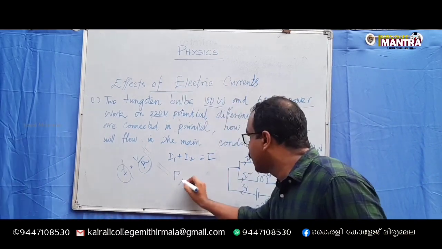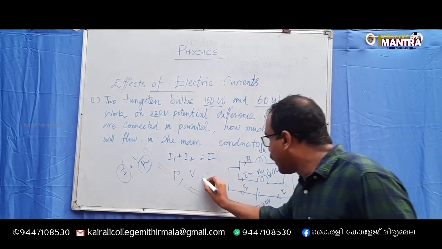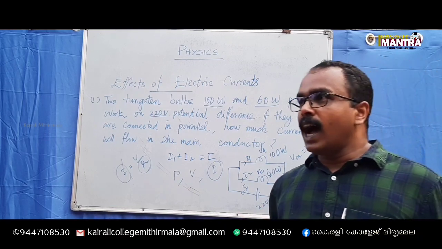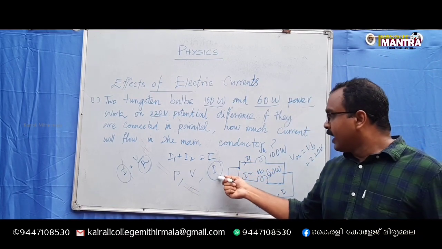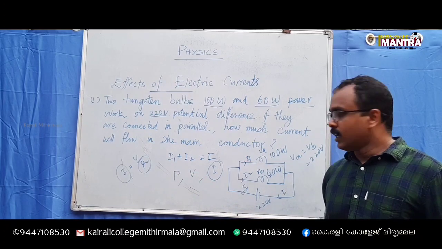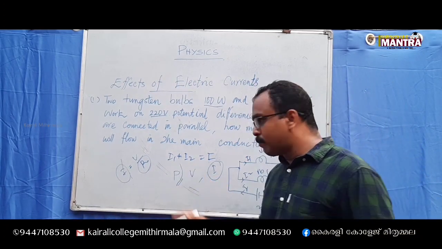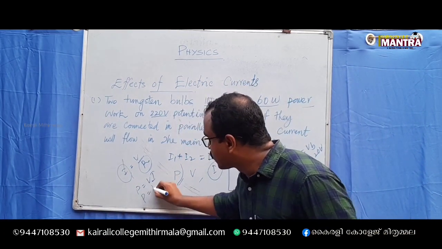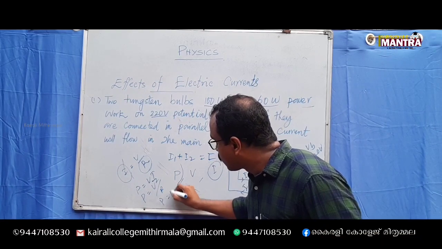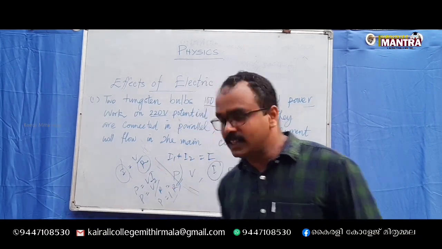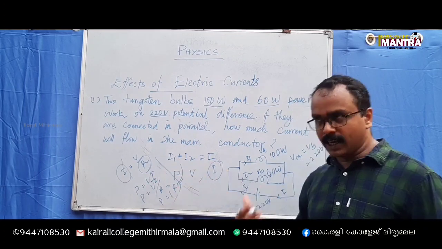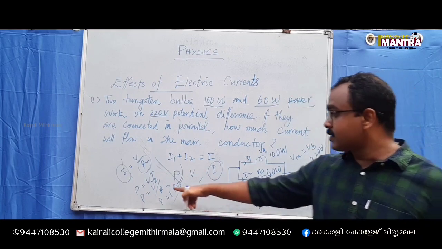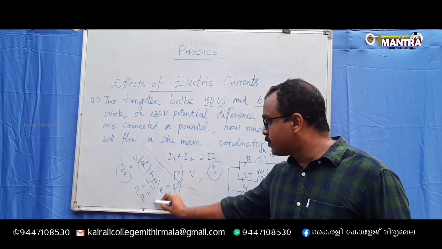We have power information and voltage information. We have to find out the value of I. Now you need to think in a different way. How do we express the value of I in terms of P and V? You would have studied already, power has different expressions. P is equal to VI, P is equal to V square by R, P is equal to I square R. There are three expressions which relate power, voltage, current, resistance. But in this problem, we don't have resistance information, so we cannot use these two equations.